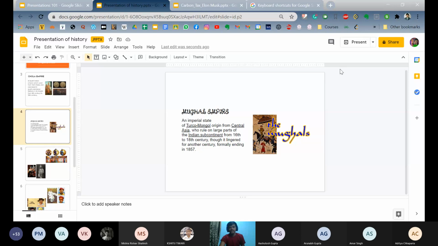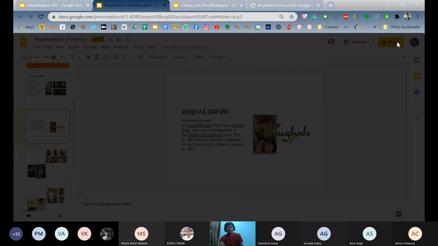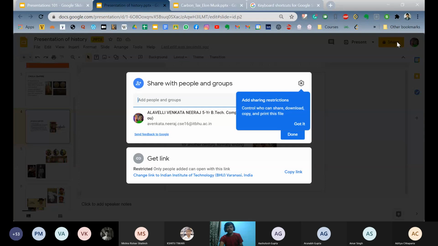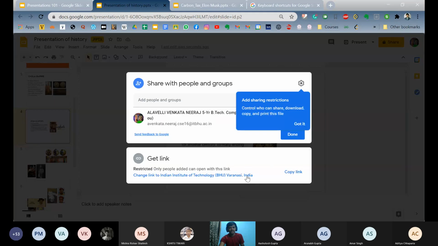And yesterday I told you that Google Slides is a great way to collaborate. So to collaborate, you must click the share button up on the right top corner. There are two ways to share. You can put in anyone's mail ID, or you can get a link to share.